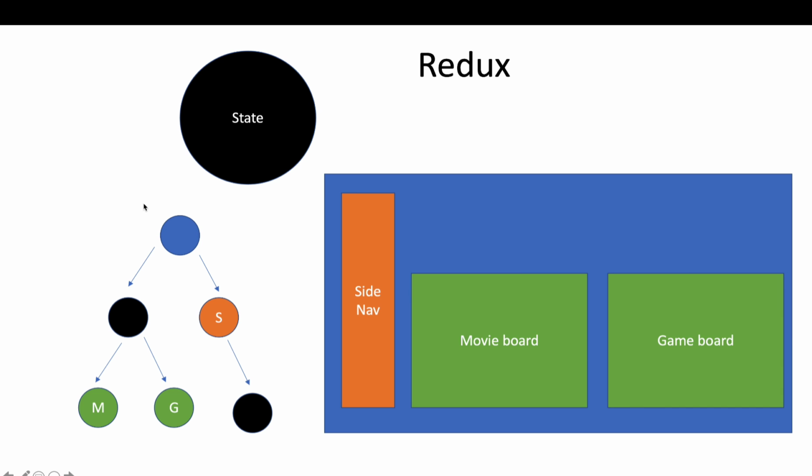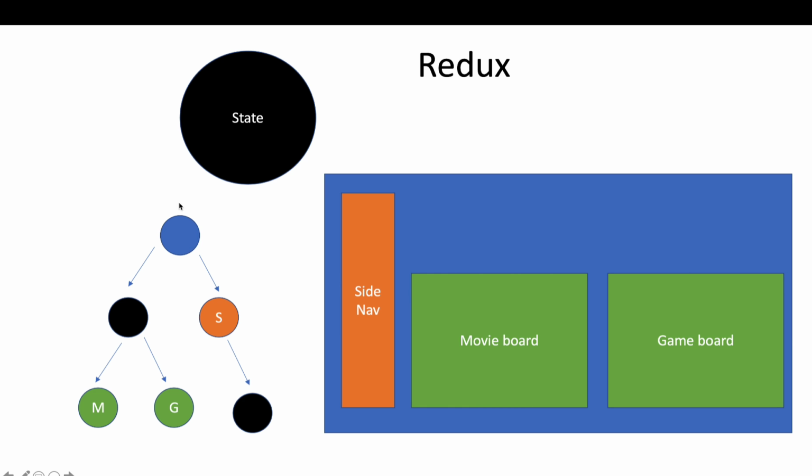One way we can solve this problem is by keeping all the state inside app.js. That is, you keep the list of all the movies and all the games inside app.js, and you pass all the data through props, so that finally your movie board and the game board can receive it. You can also pass the length through a prop to your side nav. But imagine the tree structure wasn't this simple, and the depth of the tree was very large. You would have to pass props all the way down to the children, and you cannot miss it in any intermediate stage. That won't work. Keeping the state inside app.js is actually an issue.